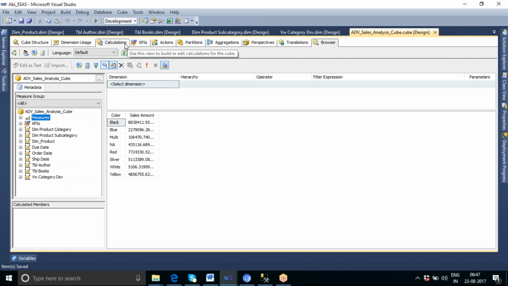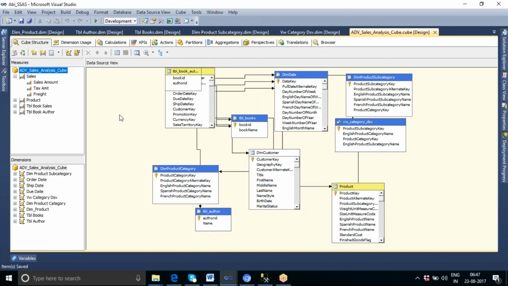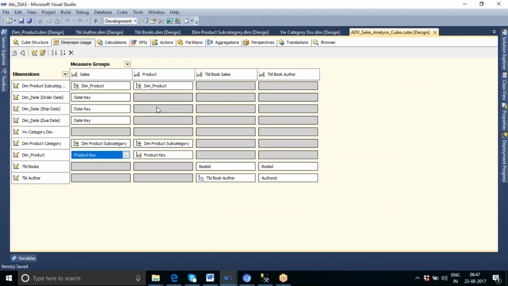If you create partitions and aggregations, and define some predefined calculations, it will improve performance more. So the basic cube design is done up to now. What we are going to study next is how to further improve the performance by creating partitions, aggregations, and calculations.